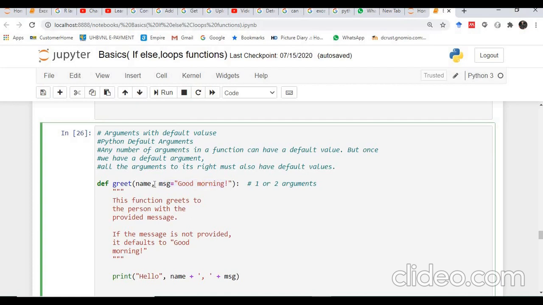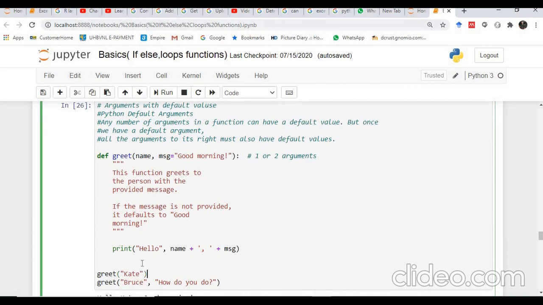That is, all such parameters that are mandatory, or whose values will be passed at the call time, should be on the left side, whereas all the default parameters should be on the right hand side. Okay, so here we are creating this greet function again, and we have two parameters. One is mandatory and one is the default parameter. Okay, and see, when we are executing this function, we do not pass two parameters. I am calling this function in this way: greet Kate. Okay, so when I execute this function,